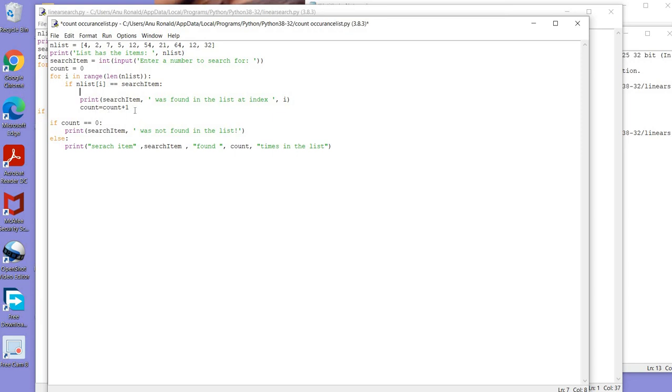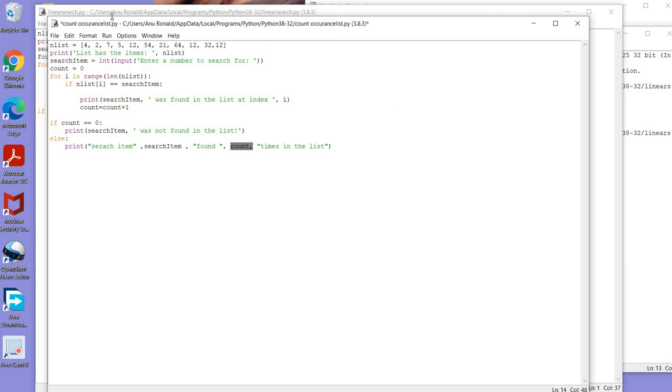Okay, so continuing with the loop, even if the element occurs 3 times in the list, it will find all the occurrences, and you can see them in the display. After the loop, if count equal to 0, that means the element was not found in the list. Otherwise, it will print the number of occurrences of the element.